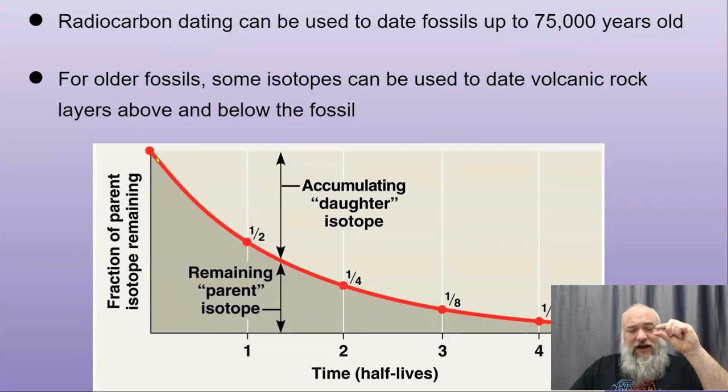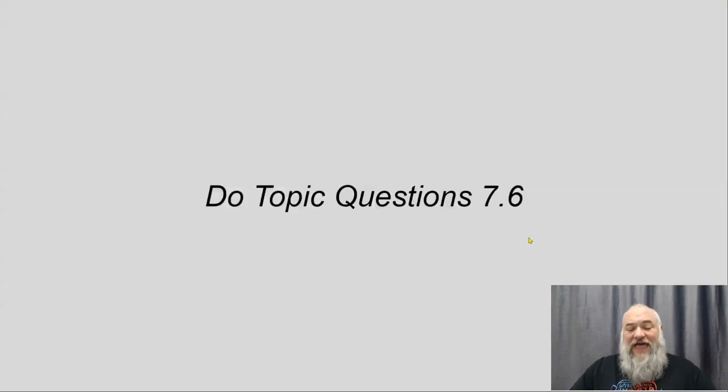As you're sitting in the ground, the carbon-14 is going to decay and turn into other things. So we can measure the relative amounts of carbon-12 to carbon-14. The more carbon-14 you have, the more recent you died. The less you have, the longer ago you died. And we can use that to figure out how many years ago you died. And that works up to about 75,000 years. Beyond that,